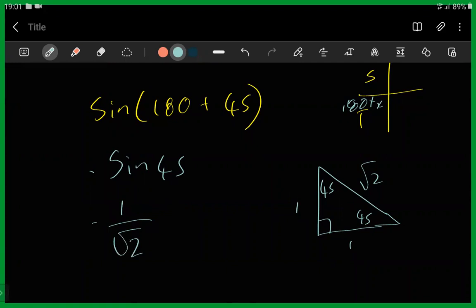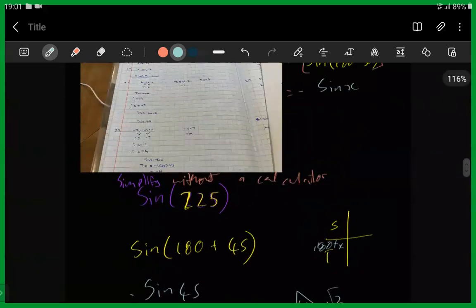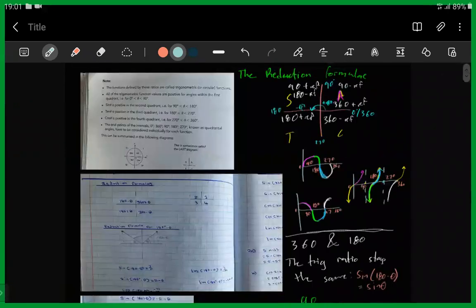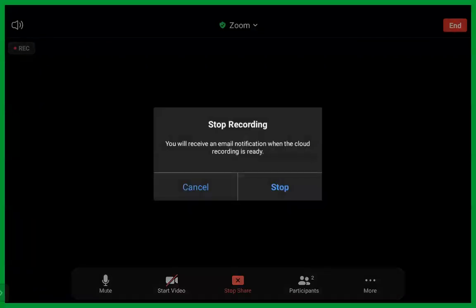So that's the idea with these kinds of questions. You need to keep in mind that with the reduction formula, there's a method to the madness. If you can just remember it like this, you will not have a problem with the reduction formula. Cool. And what if they give you like a value